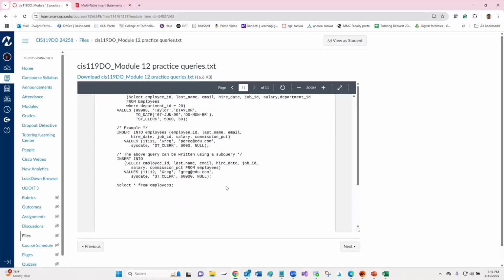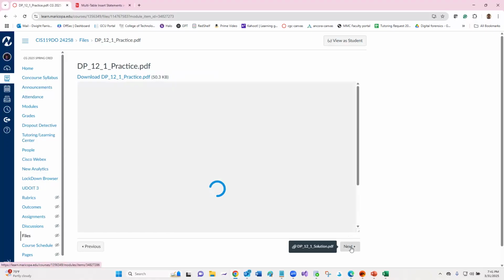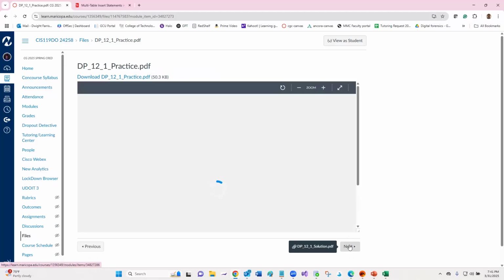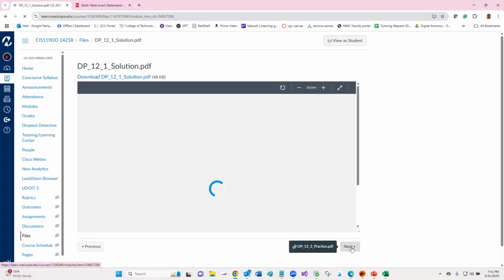As long as you don't delete the whole table, which you can't. But even if you do that, you have that original query, you can always run that. So there's practice queries and the practice exercises, always useful. And as you see, even though this is 11-12, they're all listed under module 12, or topic 12. Insert,